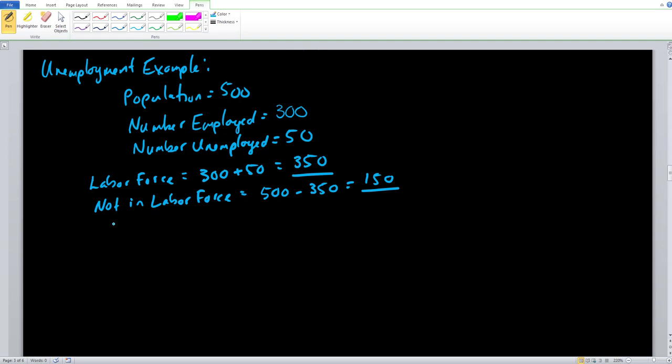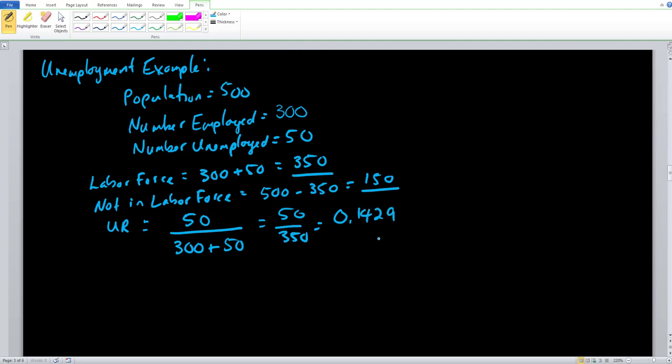Finally, let's go ahead and figure out the unemployment rate. We'll denote this shorthand as UR. Unemployment rate, remember, is the number of people unemployed divided by the labor force. So in this instance, it's going to equal 50 people that are unemployed. That number is being provided to us. And the labor force, which is the sum of employed, 300, plus those that are unemployed. Don't forget that portion. So 50 over 350 will give us